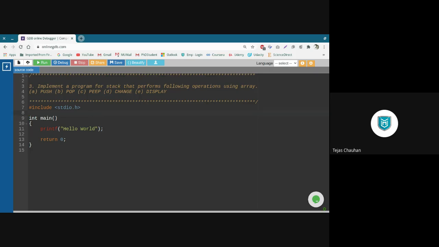From this practical onwards, we are going to start creating the data structures that we have learned in this semester till now. So let's start doing this task step by step, and eventually we will be improving our entire code also. Fine.